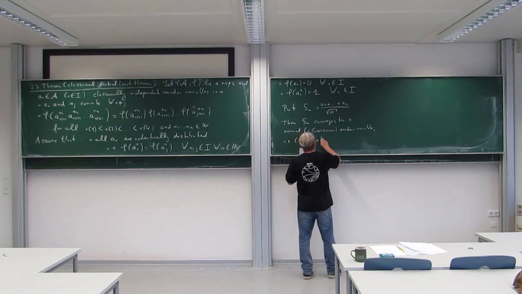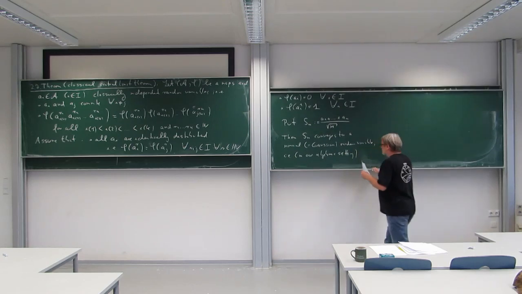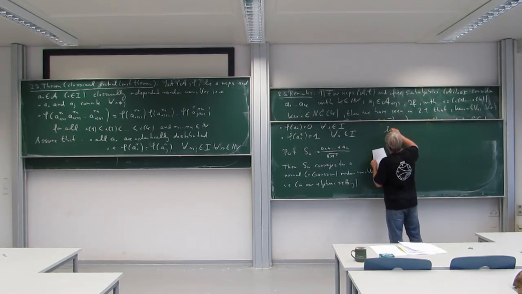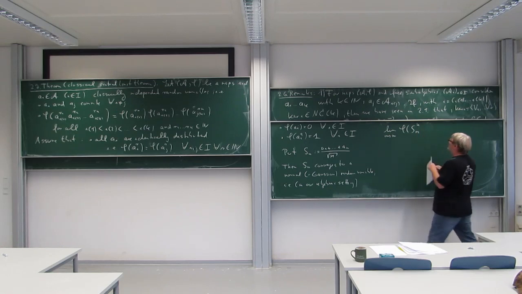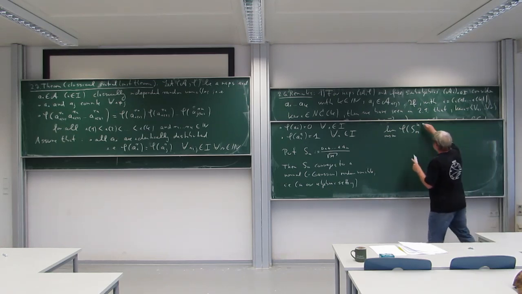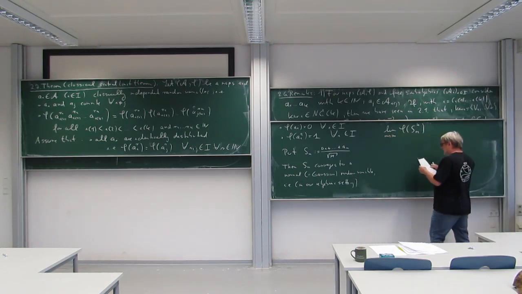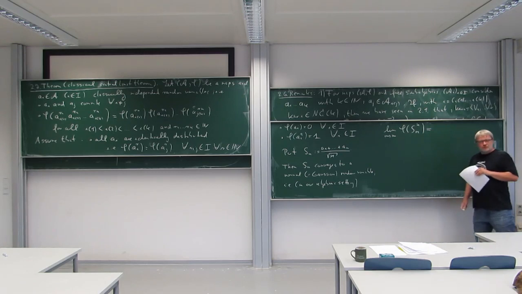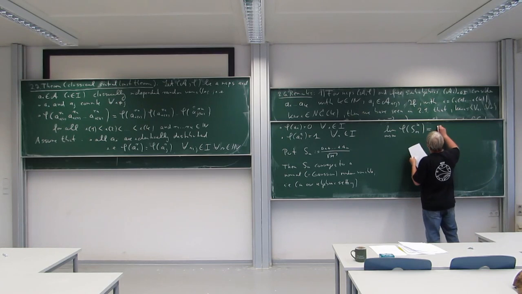So in our algebraic setting, the statement is, if I take the limit n going to infinity of a moment of Sn, let's say I take the kth moment, so I take Sn to the power k, but then I'm sending n to infinity, so the sum is getting bigger and bigger, and actually this converges to the corresponding kth moment of the normal distribution. And the normal distribution I can write down explicitly, so this is given by some normalization